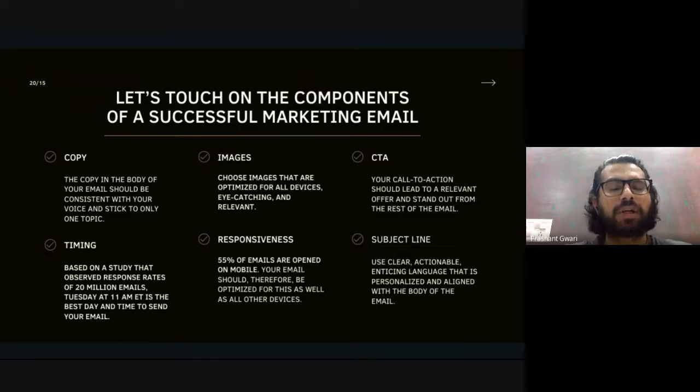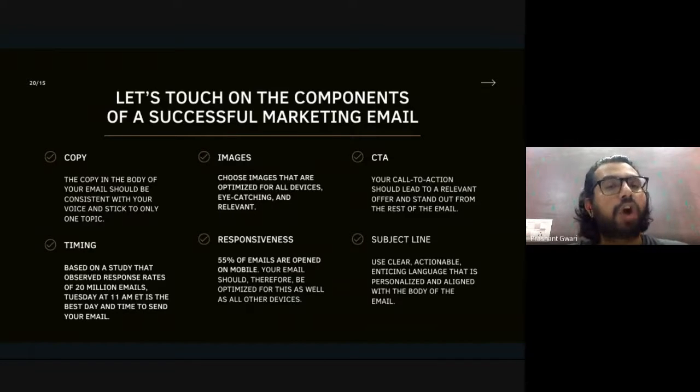The next important part of your ad copy or email marketing campaign format will be the images. As you already know, and we discussed in the advertising part and the blogging part, images or media-based content make your content more engaging. So choose images that are optimized for all devices, eye-catchy and relevant.